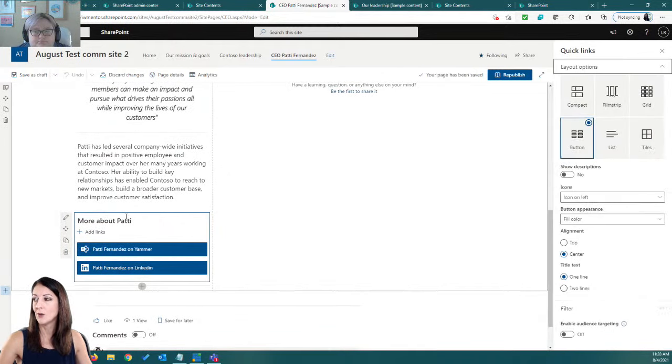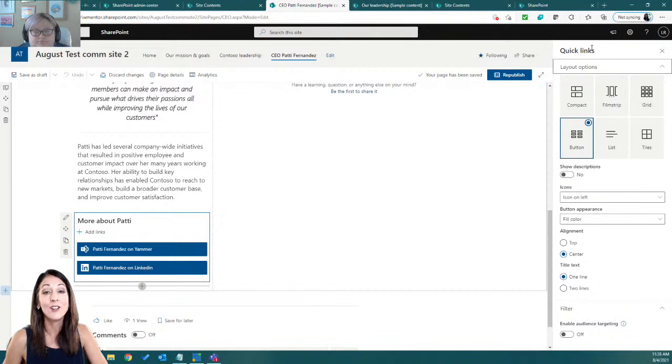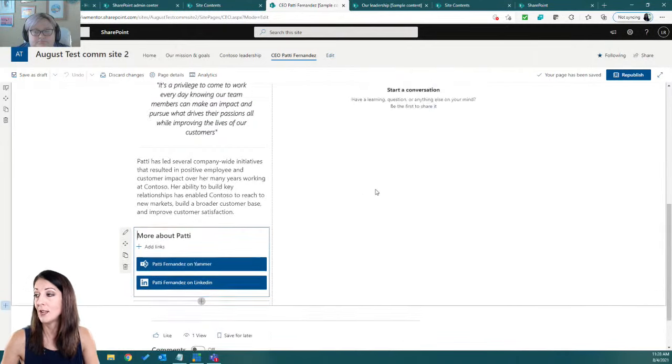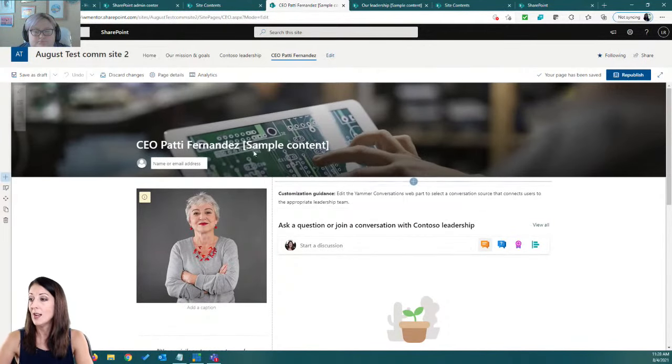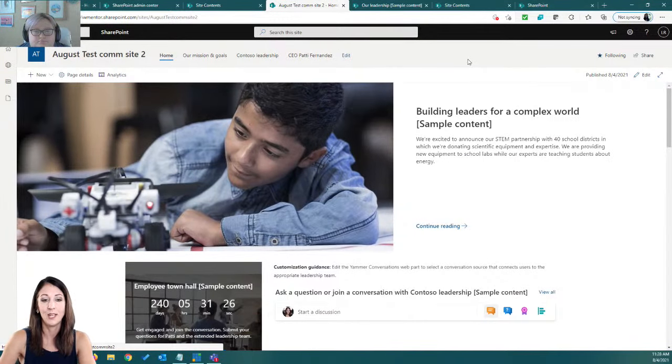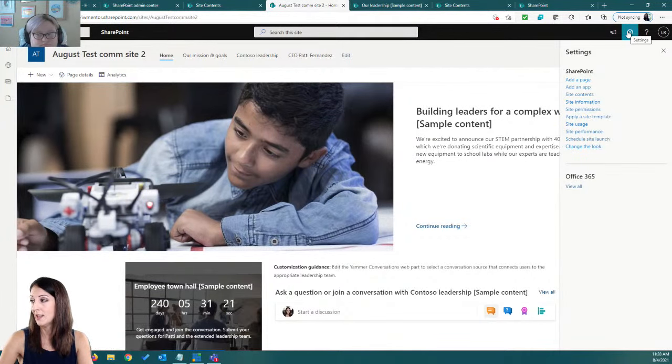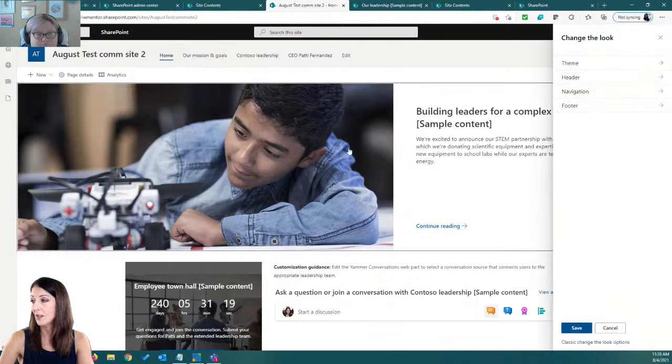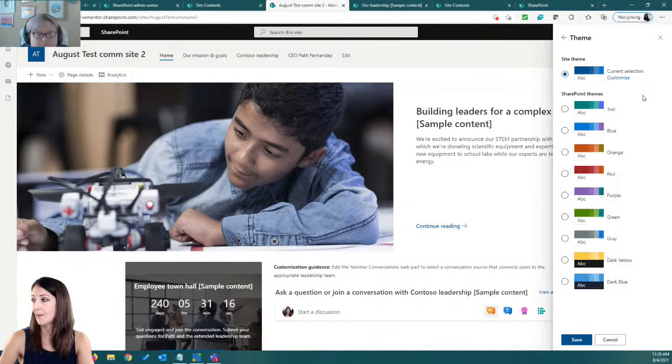So you go in here and you click to edit the web part, and you just see that it's a quick links web part. You're going to see hundreds of quick links web parts all over these pages because they're super versatile and you can make them look so many different ways. Now I wonder about the concept of the actual template color, because I think those are built into these as well. So let me see, change the look theme. So these templates have color schemes built into them,